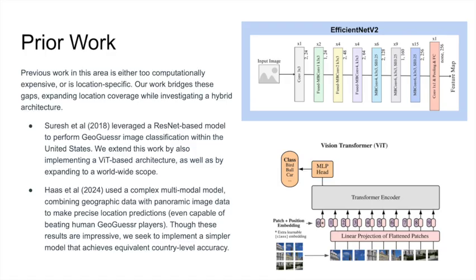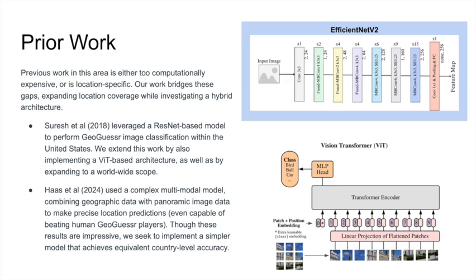A lot of the previous work focuses on modified feed-forward architectures like EfficientNet v2, which is a convolutional neural network where there are convolutional and pooling layers in between the feed-forward layers to capture information from the input image. Or on the opposite end, we have vision transformers, which are more complicated transformer models for vision data, which use attention heads and an encoder or sometimes encoder-decoder model, which are often very parameter heavy.